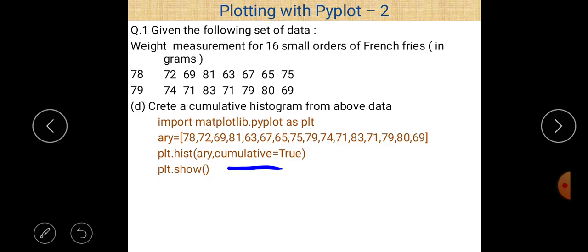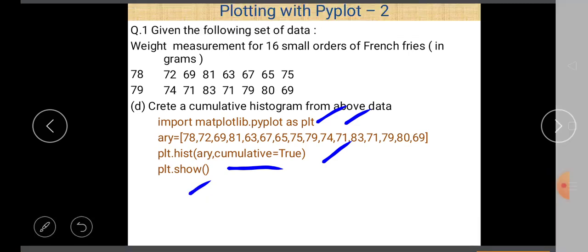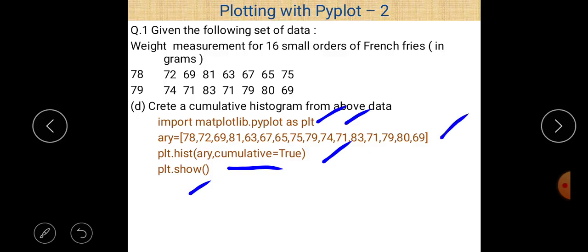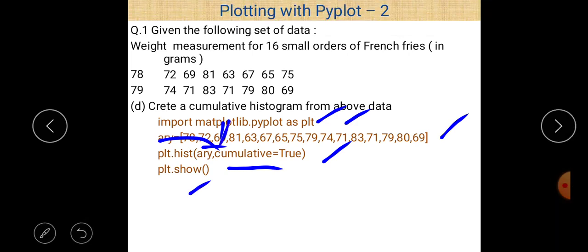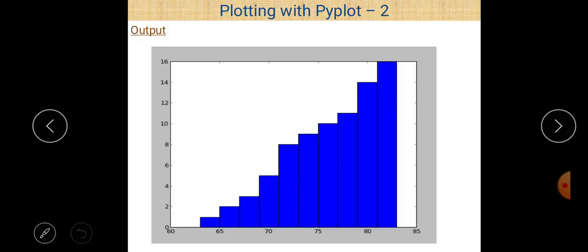And as you can see on the screen, all other things are the same as that of the previous one, so I think there is no need to define these terms again. Import matplotlib.pyplot as plt as usual. Then declaration of a list here, and this list is a parameter value of the hist method, and finally plt.show. The main thing is cumulative is equal to true is given because according to the question we have to create a cumulative histogram from the above data, and after the execution of that statement